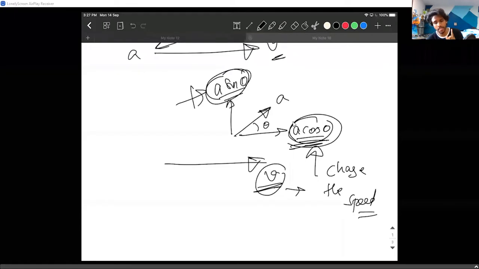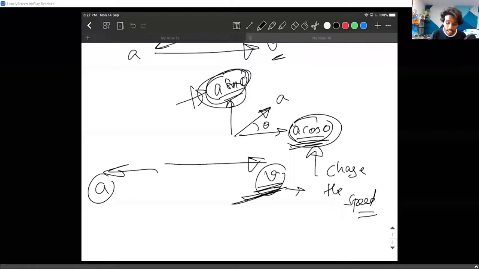You must remember this from the topic of kinematics. If I haven't discussed that, then I should have, but I'm discussing it right now anyway. The component of acceleration in the direction of velocity, or even in the opposite direction, would affect the speed of the body. But the acceleration which is perpendicular to the body would always affect the direction only.